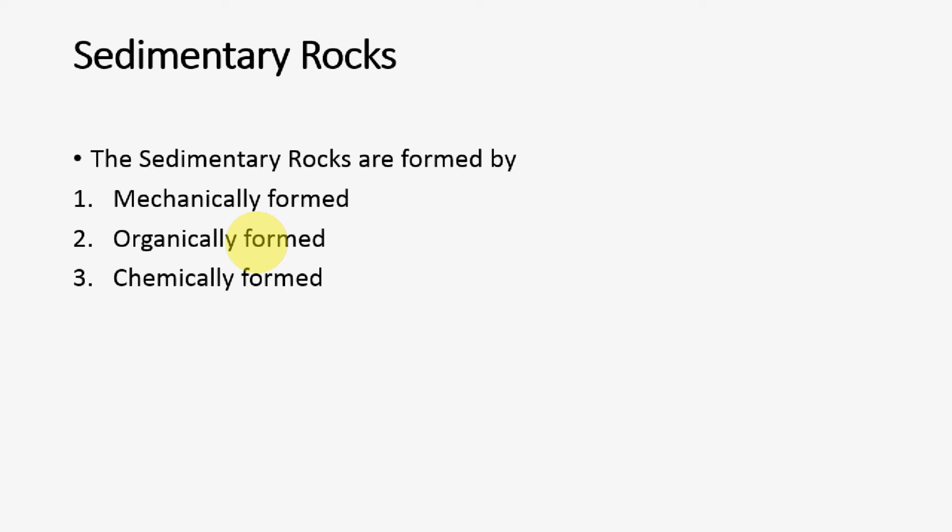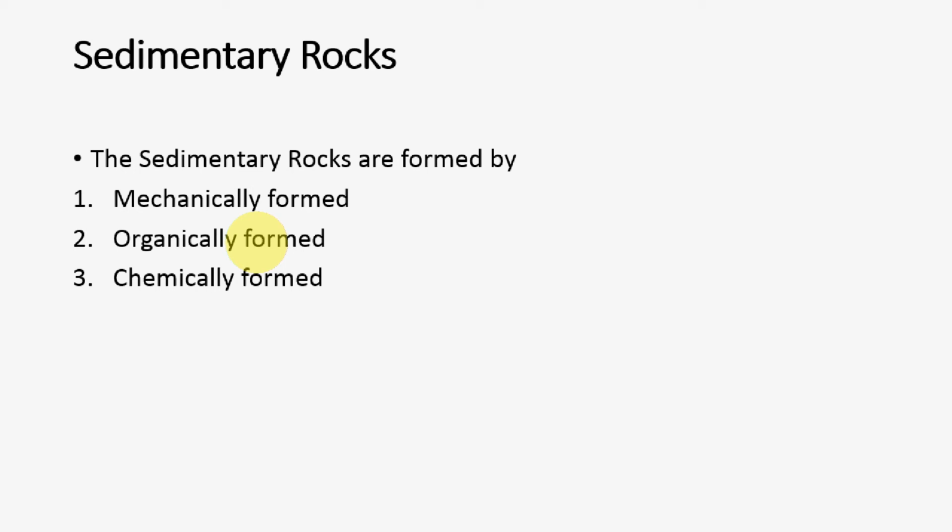The best example is coal. For the creation of coal, the remains of plants and animals get buried under the sediments, and due to intense heat and pressure over a lot of time, the byproduct called coal is created. Usually the plant remains buried under the sediments give rise to coal, whereas the animal remains buried under the sediments usually give rise to petroleum or crude oil products.